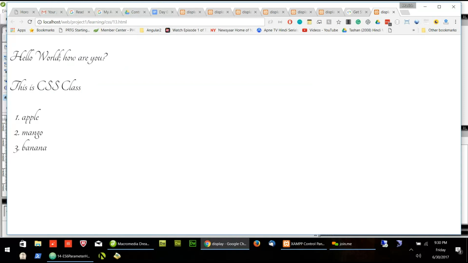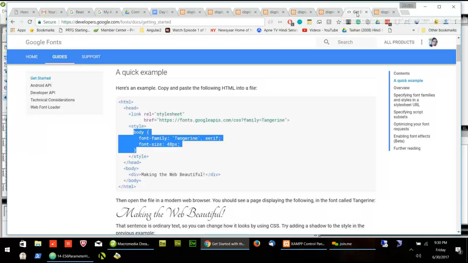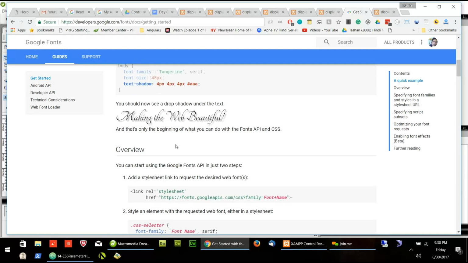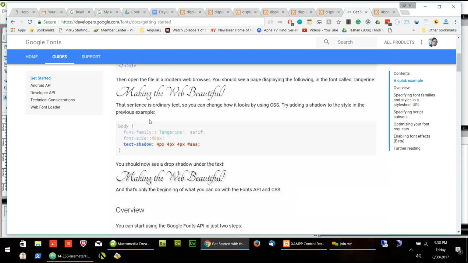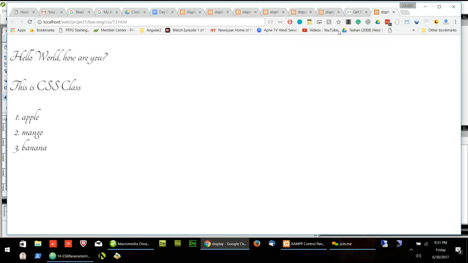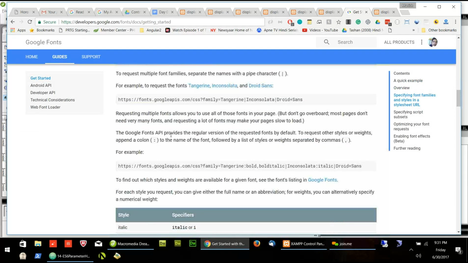Though this font is not in my system, previously we should have had the font in our system, and only then could we use it. But now you can use Google Fonts even though it doesn't exist in your system. Is that clear? Yeah, so it works responsively on all tablets and phones? Right. This font is really very nice, making the web beautiful. See how nice this font is. Okay, so you got the idea, right?